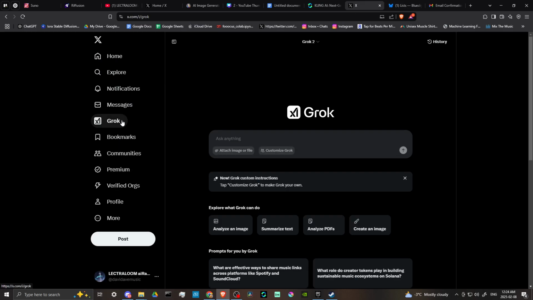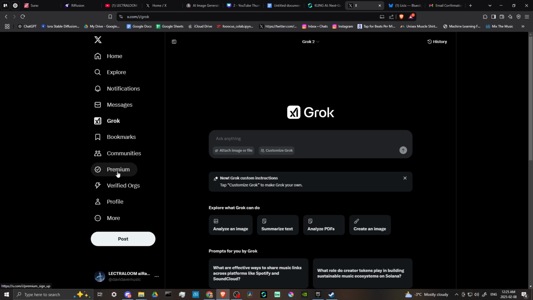And Grok is something that's interesting in that what Grok does is it actually pulls from the information that is on X. So anything that is being posted, current events, Grok pulls from all of that, and you can really get some up-to-date responses from Grok. So that's one of the things that is kind of a big deal.